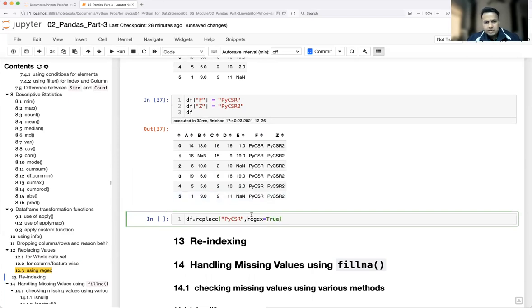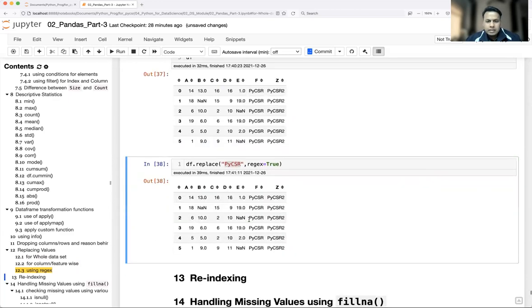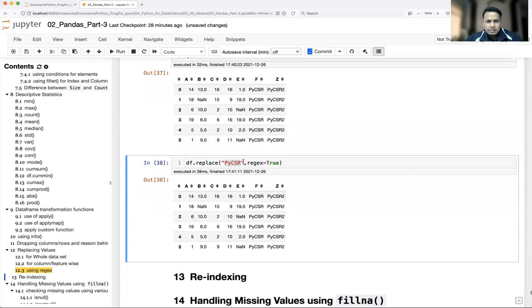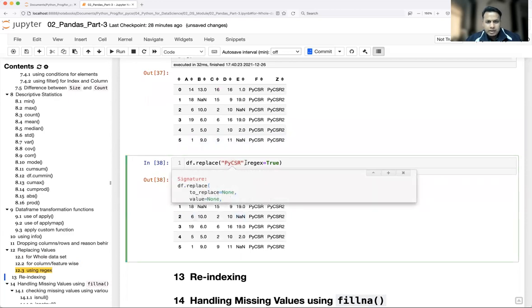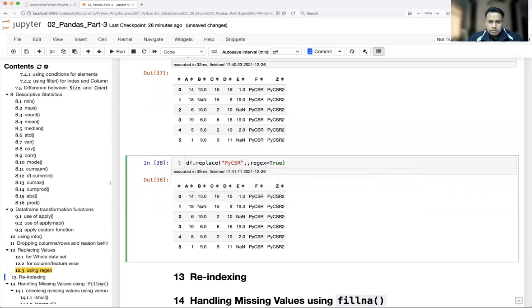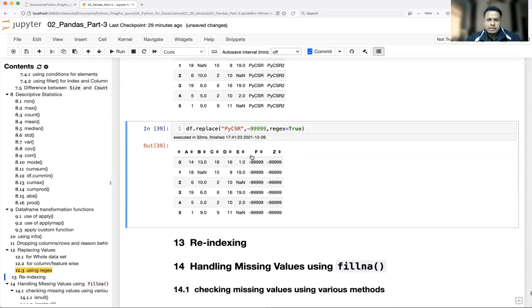By default it is false. Once you make it true, you can write an exact pattern here. Let me show you what exactly it does. I'm going to replace PyCSR with, let's say, minus 99. See what is happening here. Wherever I see PyCSR, everything is getting replaced. Even though I have PyCSR2, that is also getting replaced.